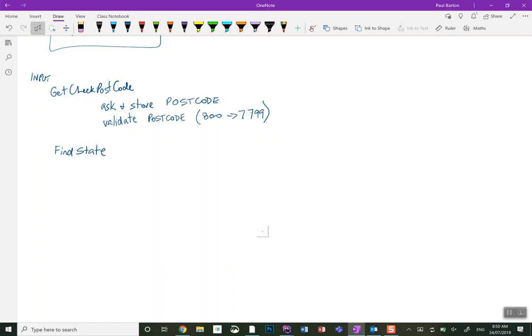Do we need to use a loop? How do we check something? With an if. So, because we know our number's valid, we don't really need to ask them over and over again, have you given us a good number? So, can we do something as simple as this? If postcode is greater than or equal to 4,000